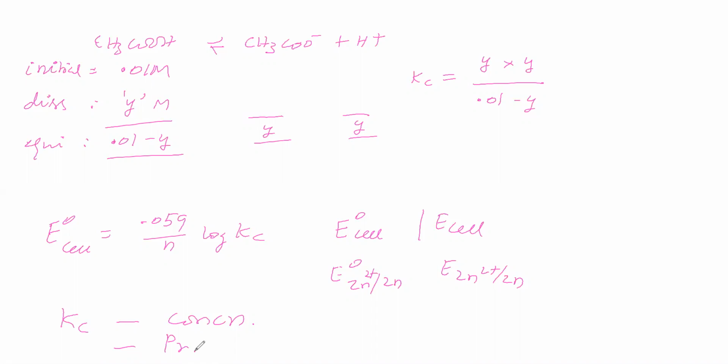So the equilibrium constant depends on which factors? It depends on the stoichiometry of the reaction. Second, it depends on the mode of reaction. Third, it depends on temperature. Next, it depends on nature. It does not depend on concentration, and it does not depend on pressure. So we have seen what the equilibrium constant depends on.